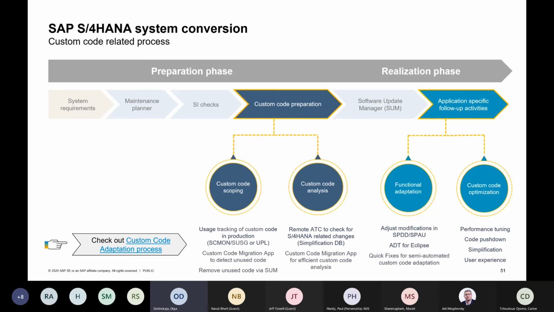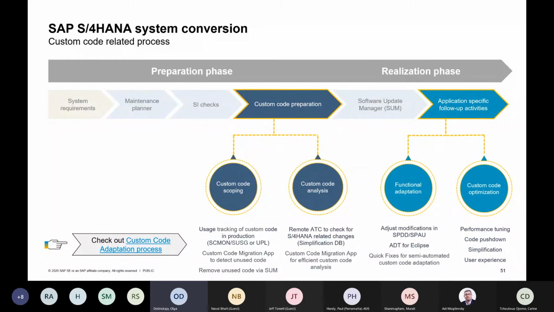And tools play a role here, like usage tracking of custom code, which helps you to find out which custom code objects are indeed used in production and which custom code objects you can take over to the new S/4HANA world. Also, after you have finished the scoping, the custom code analysis will begin. You need to test this custom code which you have selected for S/4HANA readiness in order to find out which problems are there,